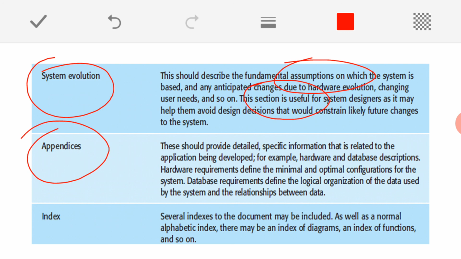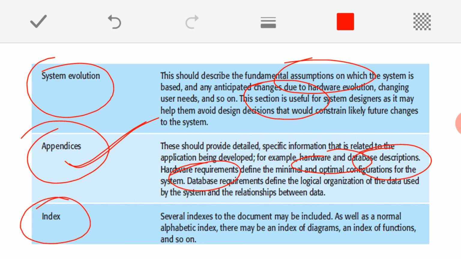In the case of a requirements document, sometimes we may need to understand more about other software and hardware devices, their description, and even database description, hardware requirements. All such extra information which is needed will be covered under the appendix.